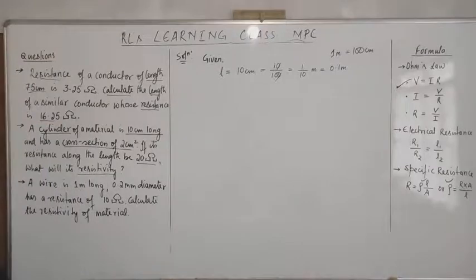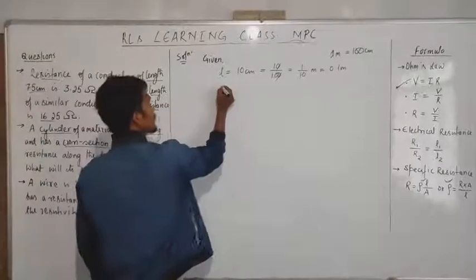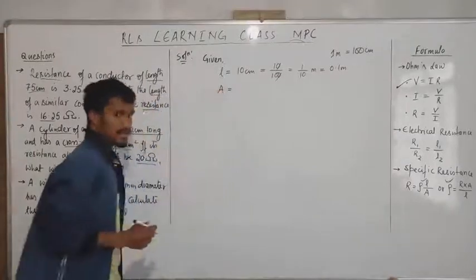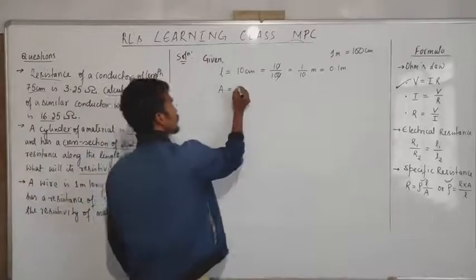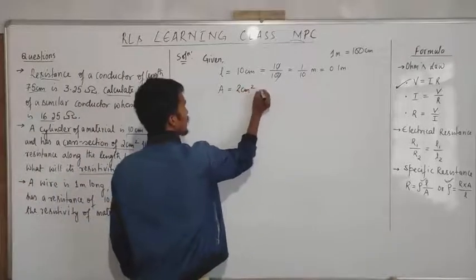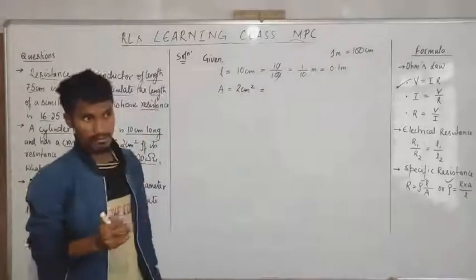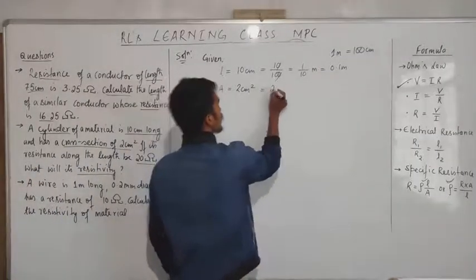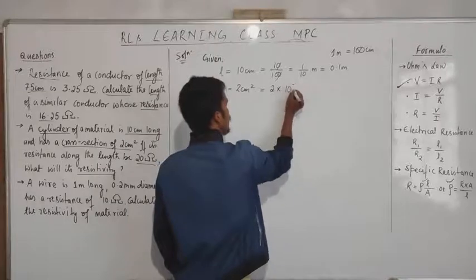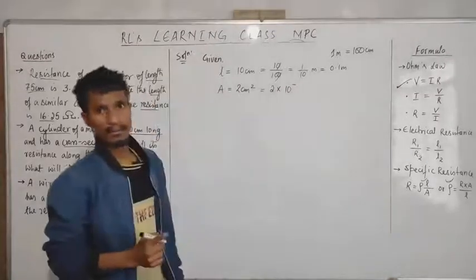Okay, now next, what is given? It has a cross section of 2 centimeter square. The given cross section means area will be the size of the conductor. And here also they give area is equal to 2 centimeter square. This centimeter is not the SI unit, we have to convert to meter. And remember this, to convert this I'll write here 2 into 10 to the power minus 4